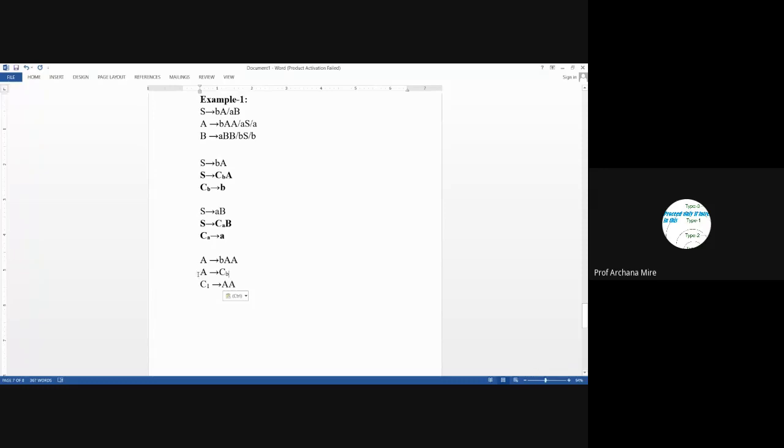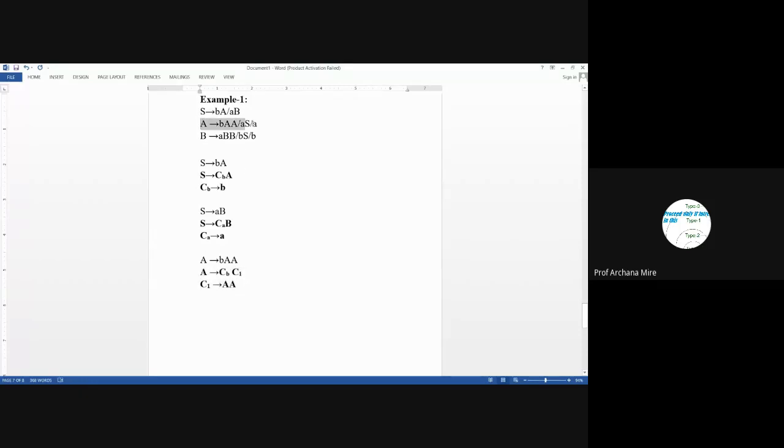So once again, our production CD, and here we will need to write C1. So once again, our single production rule is represented by using two production rules: A leads to CB C1 and C1 leads to AA.